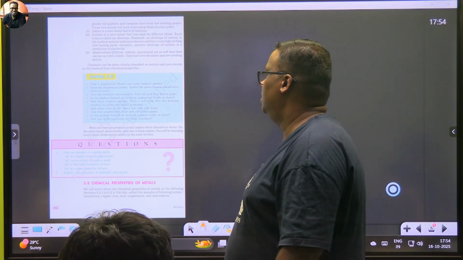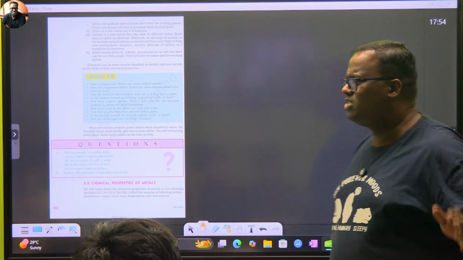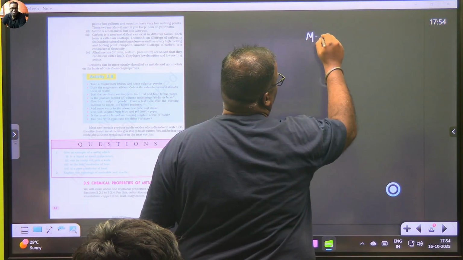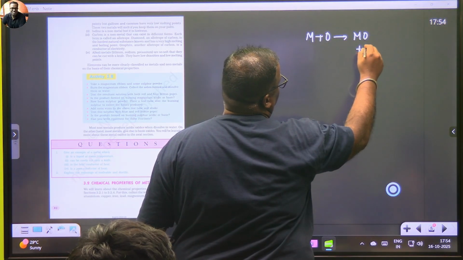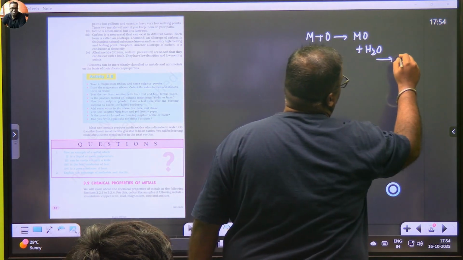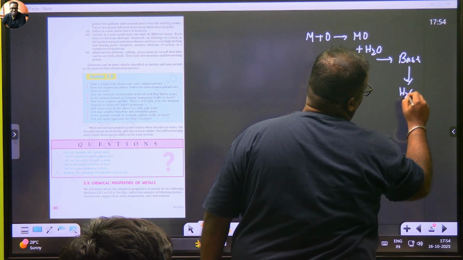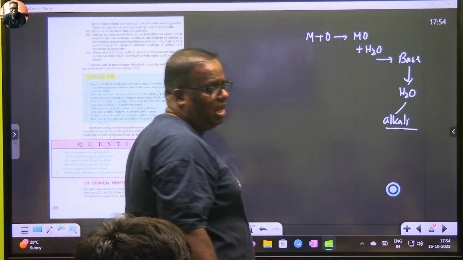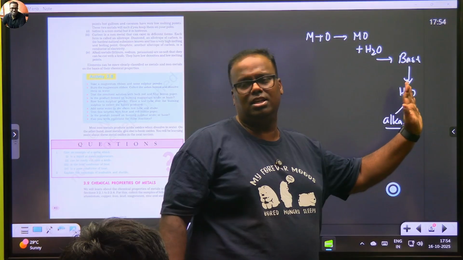Mg(OH)2. Further, is the product formed on burning magnesium acidic or basic? Okay, let's go. Remember one thing. Metals always react with oxygen to form metal oxides, and metal oxides will react with water to form something called a base. And if this base dissolves in water, we call it alkali. And in grade 10, anything which is referred to as a base is actually an alkali. You are dealing only with alkalis in grade 10.